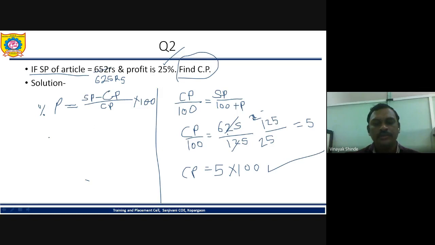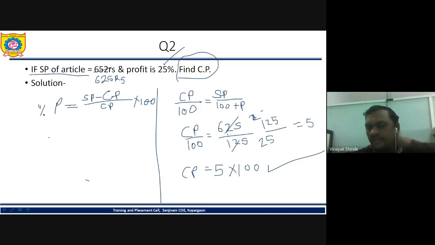So there is no need of a calculator, and don't use a calculator. A calculator is not allowed in any aptitude test. Here Vaishnavi and Yogita have given the answer, even Nikita. The answer is 500. Now Manjusha also. This is a very simple calculation.